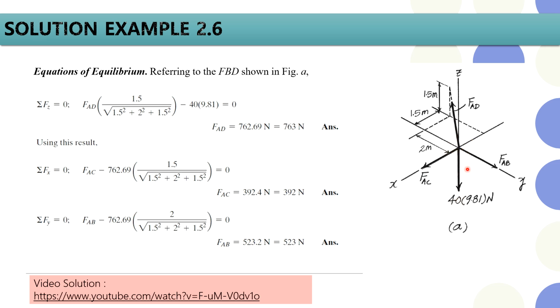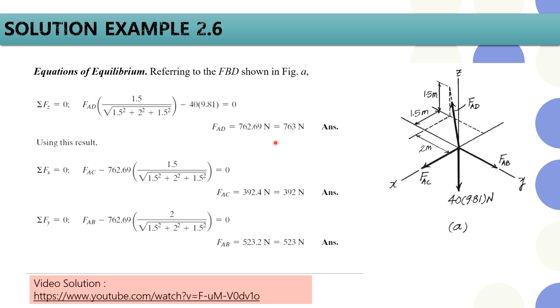Okay, so the weight pulling downward, which is 40 times 9.81. So solving the summation of force along the z direction equals 0 immediately gives us the force of AD equals